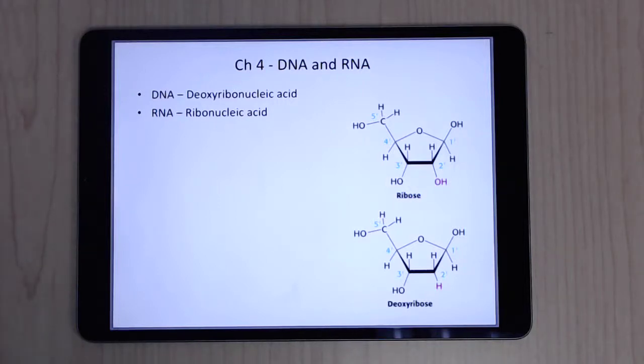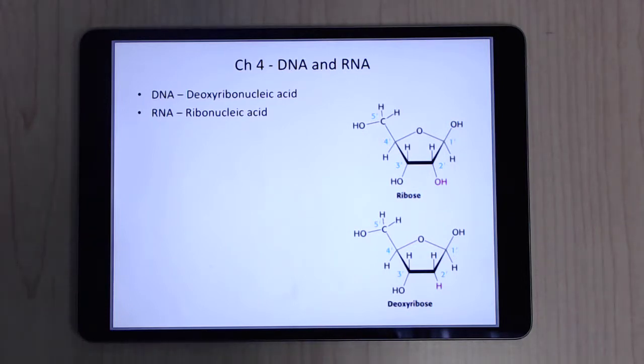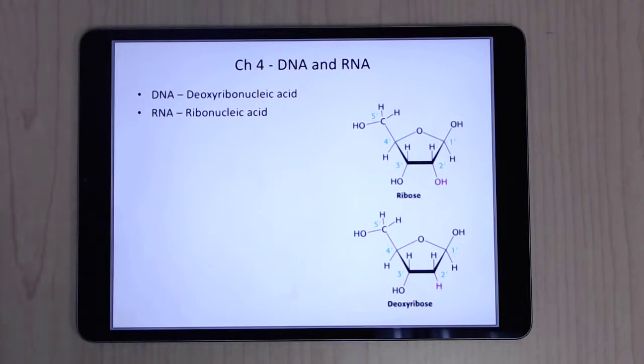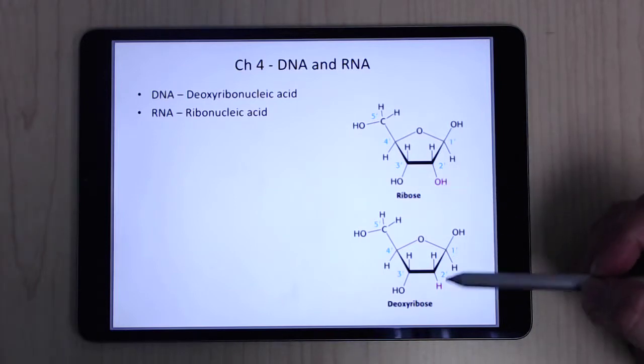Hello. In this video we're going to be talking about chapter 4. We're going to go into the basics of RNA and DNA. DNA, I'm sure you guys know this by now, is deoxyribonucleic acid, while RNA is simply ribonucleic acid. So the difference is actually going to be this